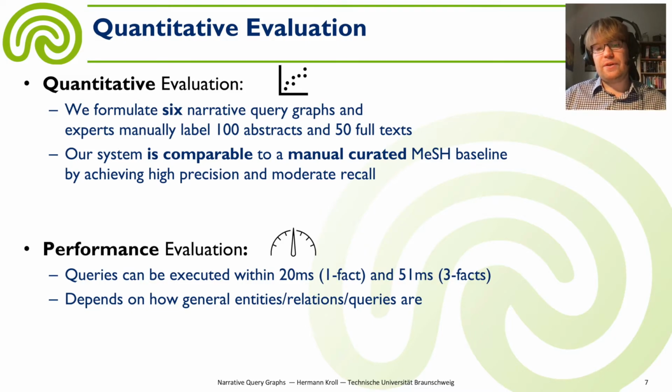And we have chosen one MeSH-based baseline. So MeSH are the medical subject headings of PubMed. They are manually assigned to a document and they describe which entities participate in the document. And in the latest developments, MeSH also includes subheadings. And a subheading describes how the entity is used within the document context. For example, drug therapy assigned to a drug means that this drug is used as a drug therapy in this corpus.